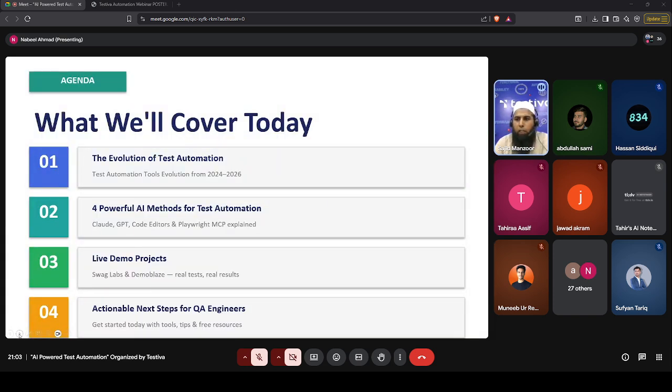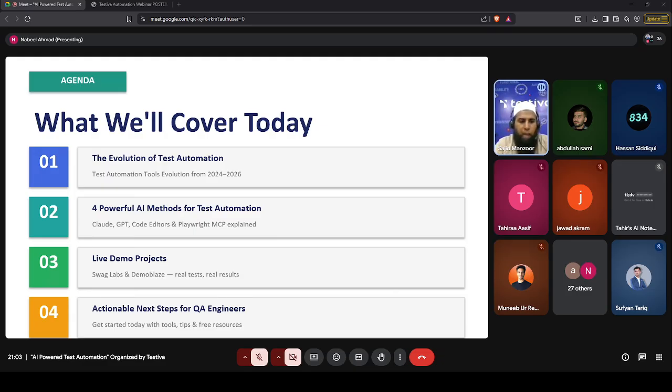Okay, so the agenda for today's discussion is: first we will discuss the evolution of test automation, how it evolved with time. Then Nabil, our test automation engineer, will show you four different ways you can utilize AI for test automation.